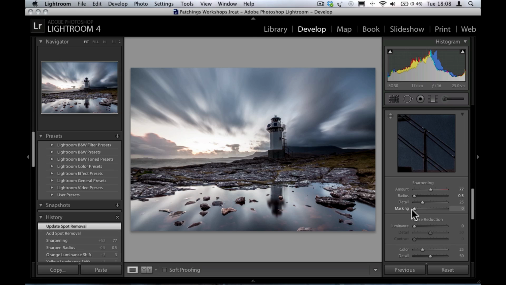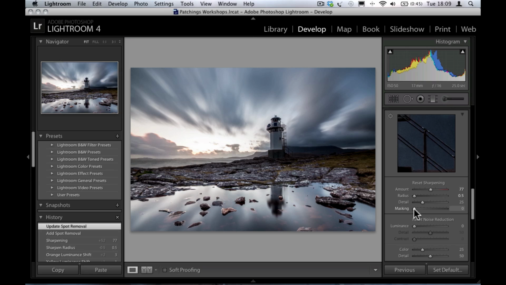When we sharpen an image, we apply sharpening to the whole image uniformly. Now we know by looking at skies and at the sea that in reality they're quite smooth objects, and certainly with a long exposure here, you want your sky to have that smooth flow, and your waters to be really smooth, but the detail, the rocks and things, to pop out of it. Using the masking tool, we can apply our sharpening selectively to parts of the image. And how it works is you press your Alt key again,